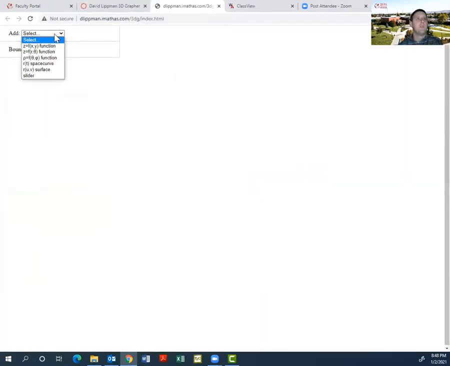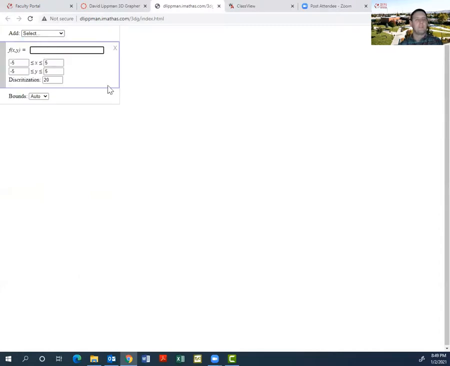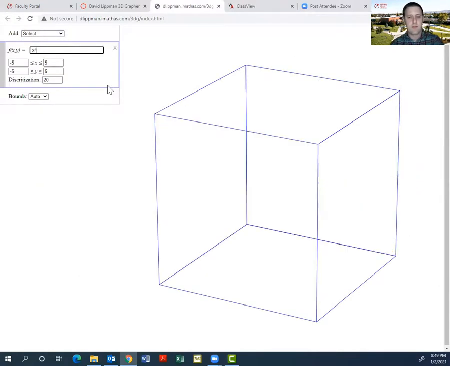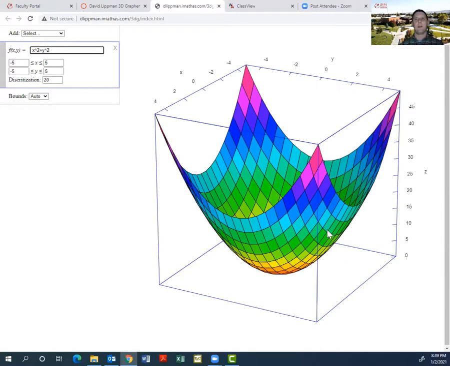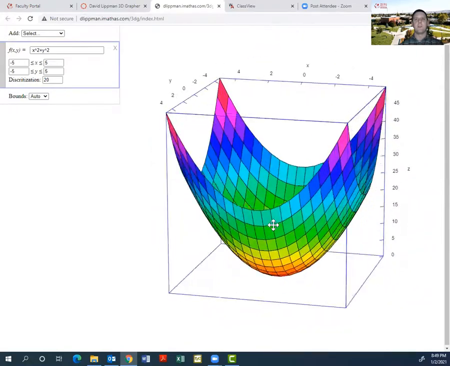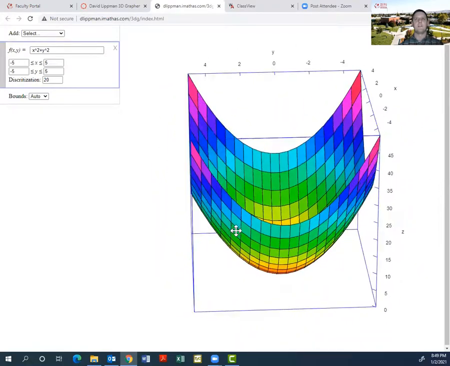This is really cool. If I wanted to make something like this, then here's my nice 3D shape, and I can move it all around and look at it in various ways. We're going to be doing stuff like this later, and using some technology to help you visualize things is going to be really nice.